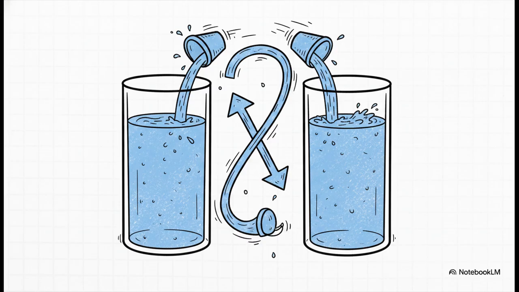Once those opposing transfer rates perfectly equalize, the water levels in both cylinders just freeze in place. Anyone walking into the room at that point would see unchanging water levels and assume nothing at all is happening. But beneath that surface, the continuous exchange is working furiously. The system hasn't stopped, it's just equalized its opposing rates into a dynamic state.